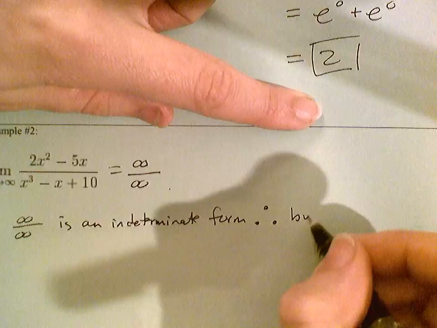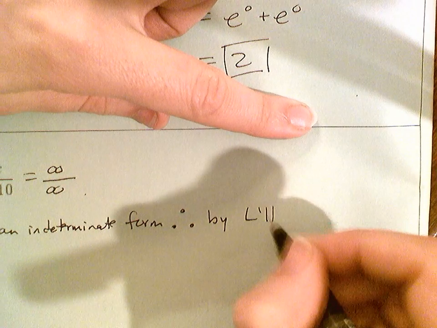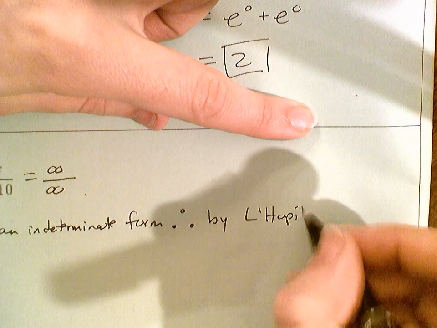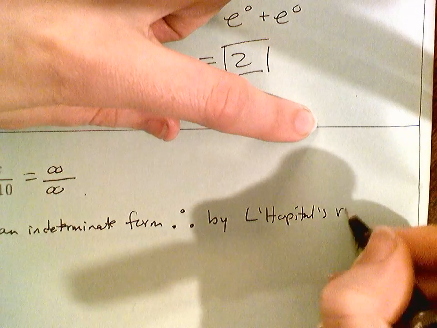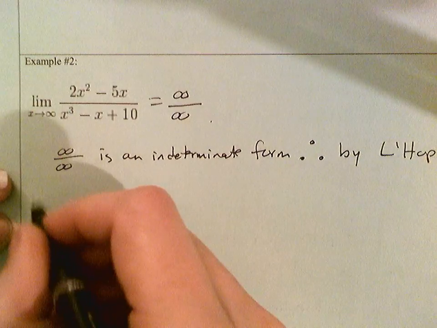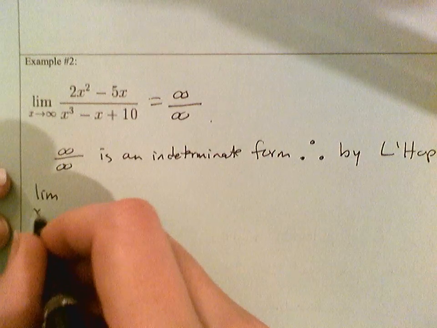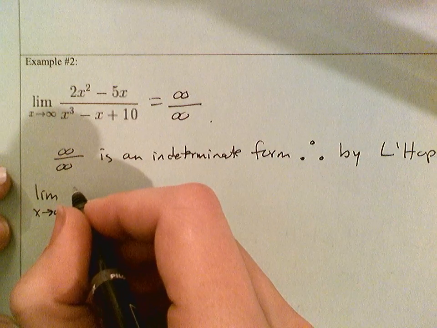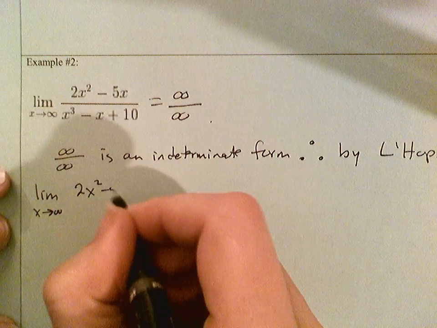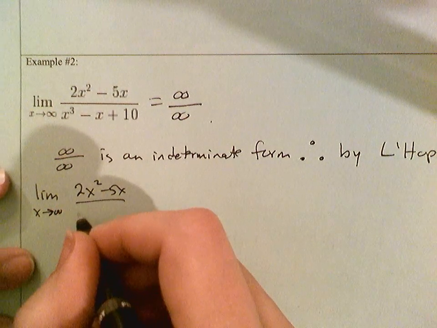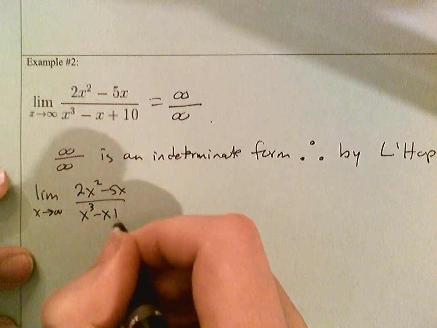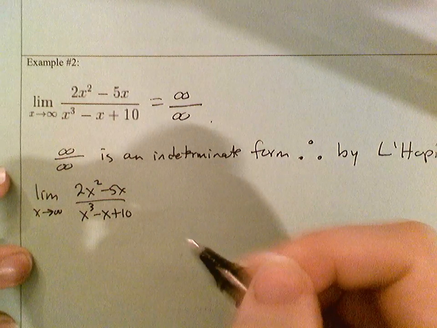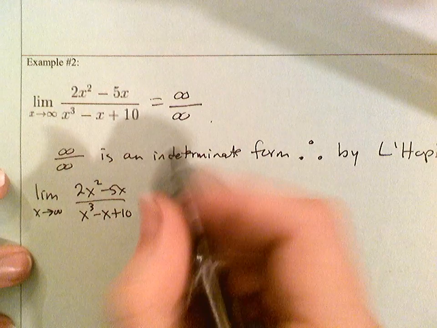Therefore, by L'Hopital's rule, okay, and then I'm going to bring down this limit, the limit as x approaches infinity of 2x squared minus 5x over x to the third minus x plus 10 equals